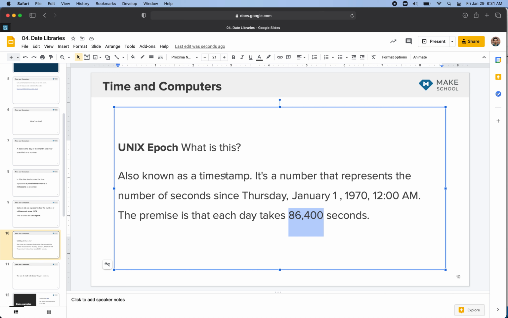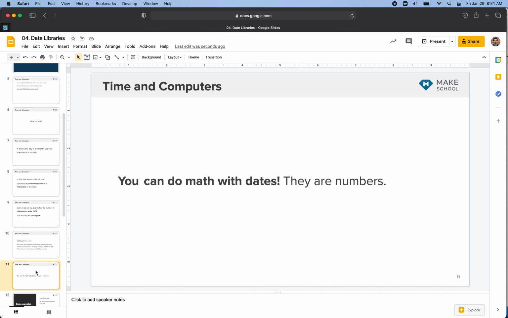In Unix, the Unix system uses seconds. JavaScript breaks that down to milliseconds. So we can just imagine this number multiplied by 1,000. So essentially, yeah, you can do math with dates, right? So you can take one date, you can subtract it from another, you can take a date and you can divide by 24, you know,